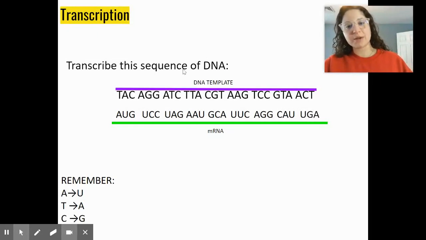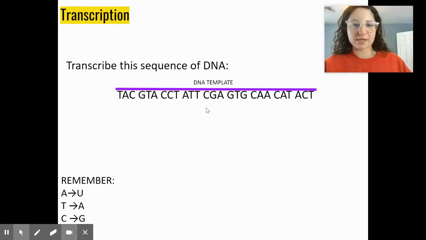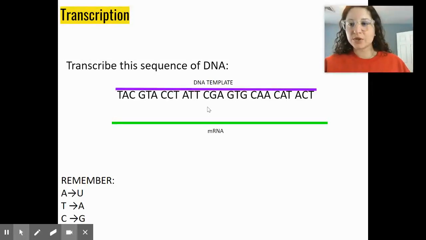So if you had trouble doing this, I suggest you pause, rewatch, try it out on your own before going forward. We're going to try this again just to give you some extra practice. So again, we have our DNA template. We're going to create our mRNA chain, and we're doing the same thing. So we're still just base pairing our different nucleotides. So TAC is going to be AUG, GTA is going to be CAU,